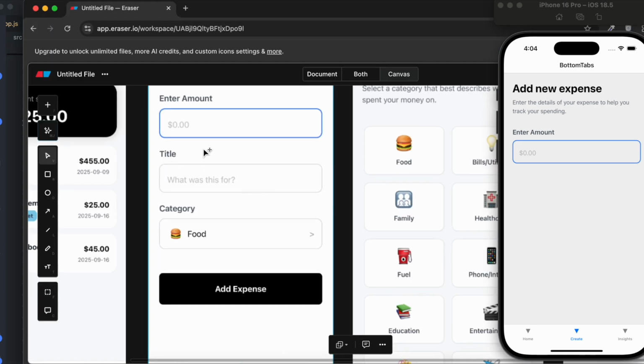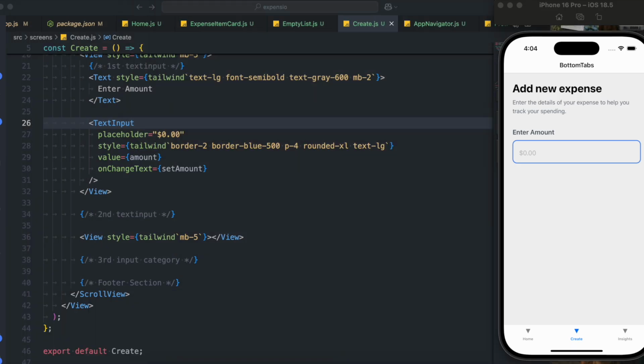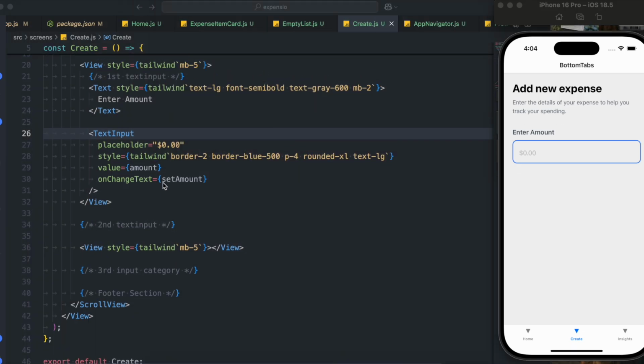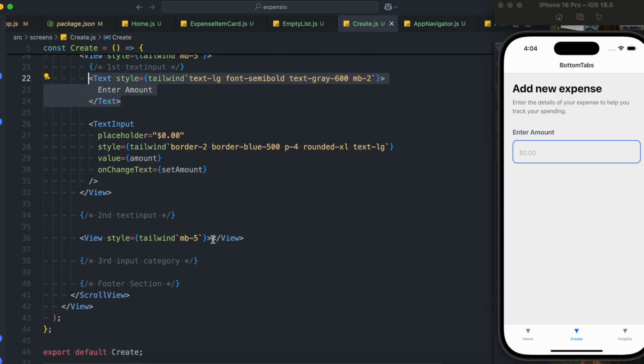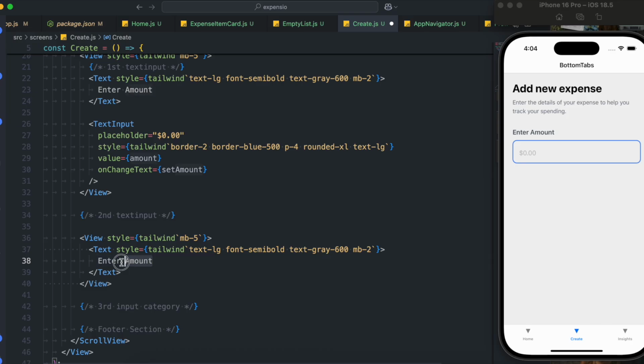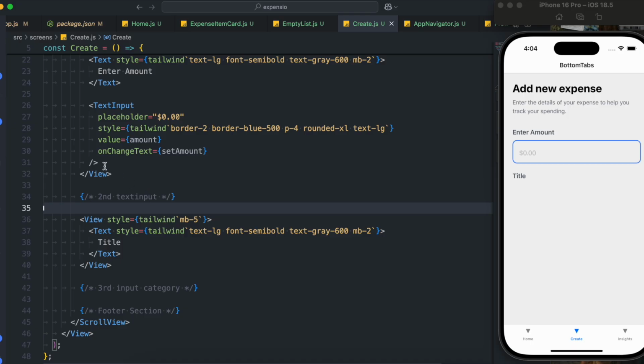So we need to create this particular text input, right? Okay, so let us do that. So we can take the same styles like this, we can call it title. There we go, we have it. And for text input, let us copy this,